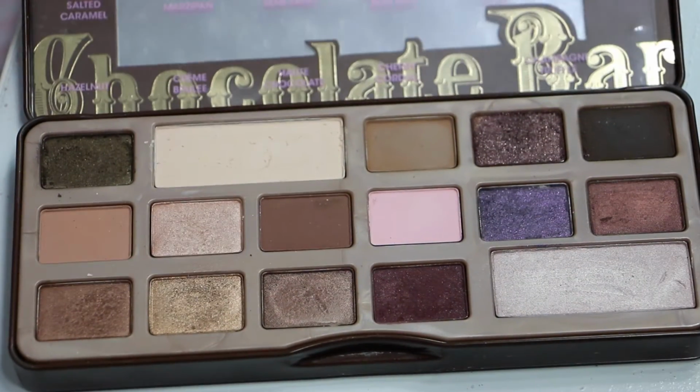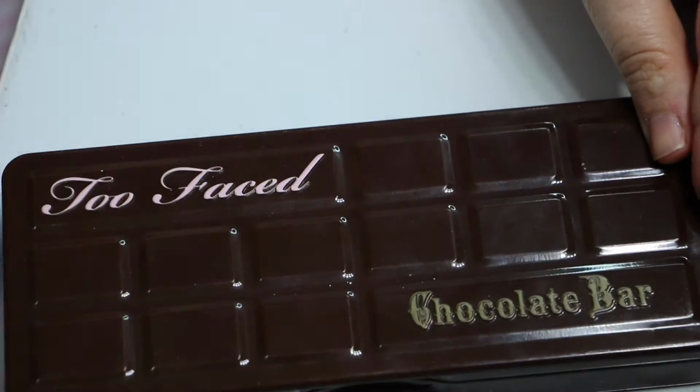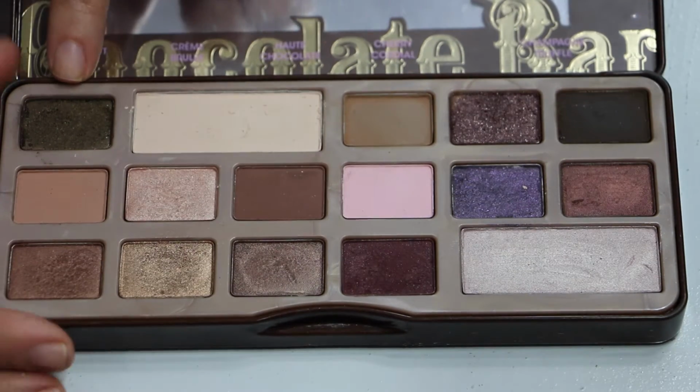It started with the swatches, so you see exactly what the colors of each of the palettes look like, and that way you guys can see for yourselves just how great these 2 palettes are. So now I'm going to start off by swatching the palettes for you. This is the original Too Faced chocolate bar palette, and I'm going to start off by swatching the first row,